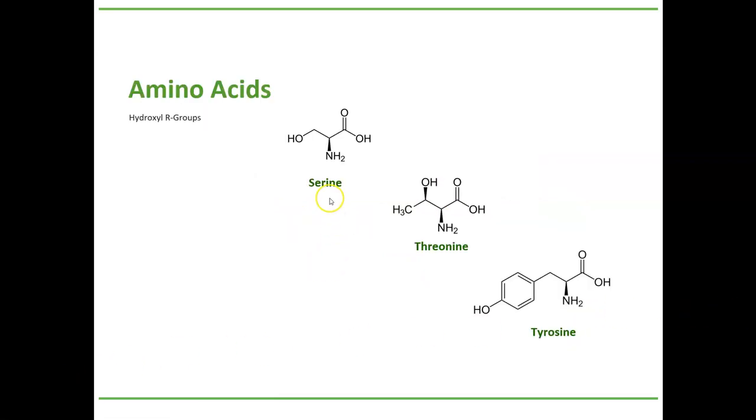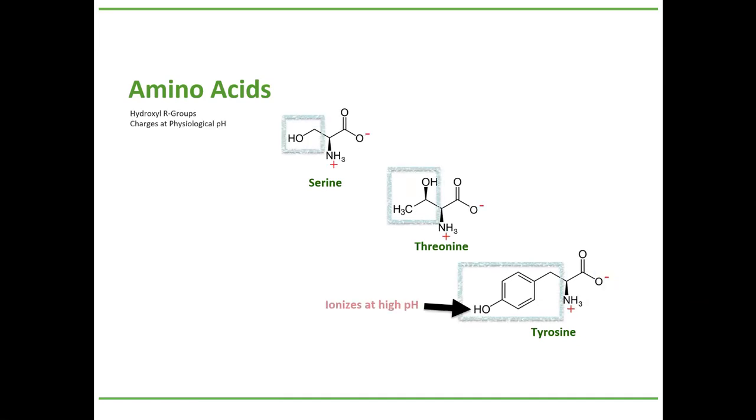Hydroxyl side chains, where we have alcohol groups. Serine, threonine, and tyrosine all have those alcohol functional groups, and you can see those highlighted there. The tyrosine can ionize really at high pHs, but otherwise these other ones do not ionize, typically, under normal physiological